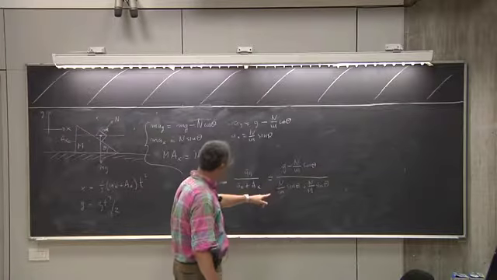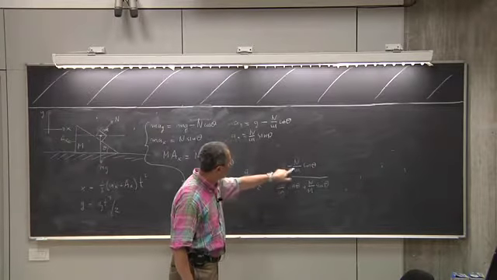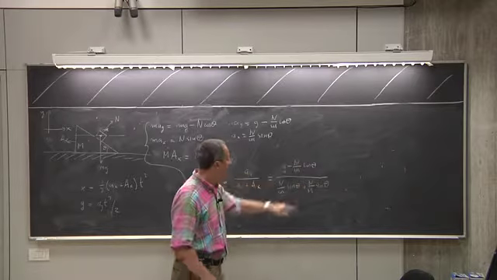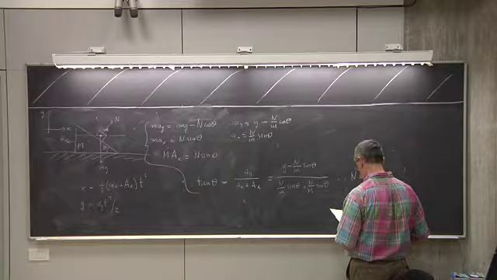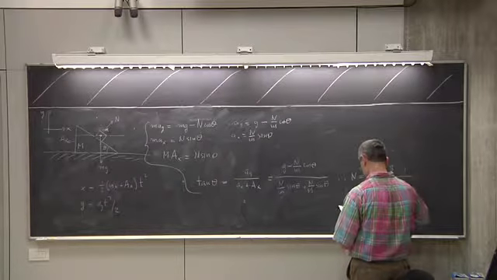And therefore, you see, everything here is known except n, so I can solve for n, and I get that n is equal, if I did it right,